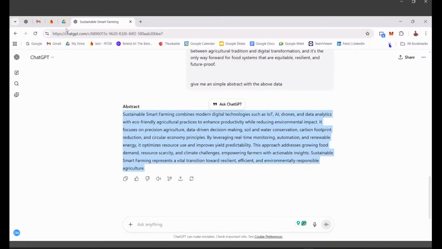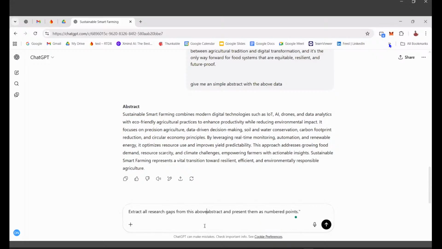And yes, now we have to use our prompt. Extract all research gaps from the above abstract and present them as numbered points.